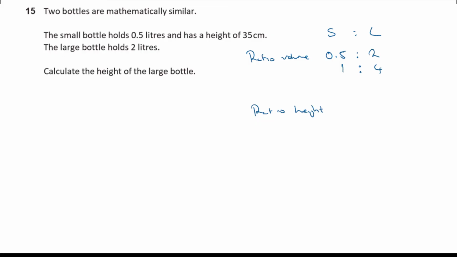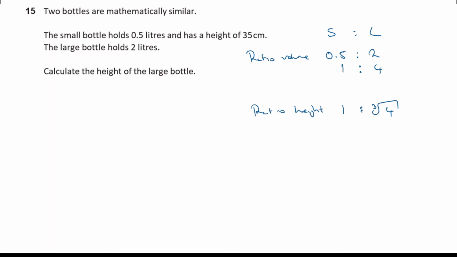Now the thing about similar shapes is that if you've got two shapes that have heights in the ratio of a to b, then their volumes are going to be in the ratio of a cubed to b cubed. So 1 to 4 should be a cube of what it is here. So the ratio of the heights is going to be the cube root of 4, whatever that is. It's not a very nice number, but it's the cube root of 4, because if you cube the cube root of 4, you'll get 4, won't you? If you cube 1, you'll get 1. So if I cube 1 to cube root of 4, I'll get 1 to 4 for the ratio of the